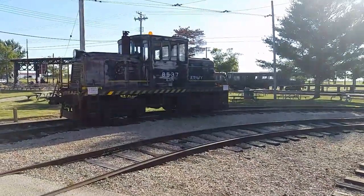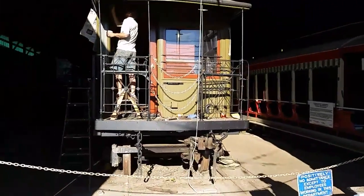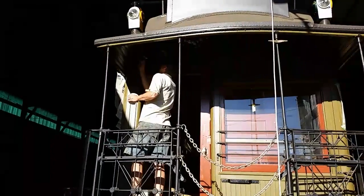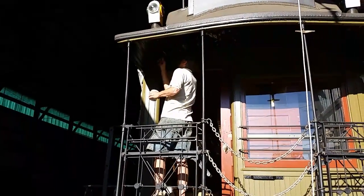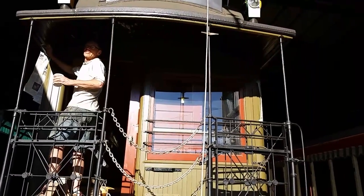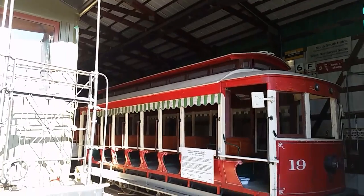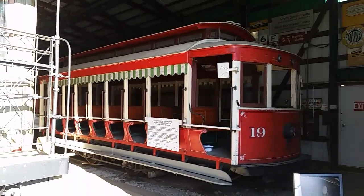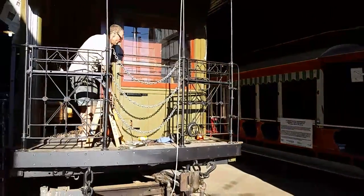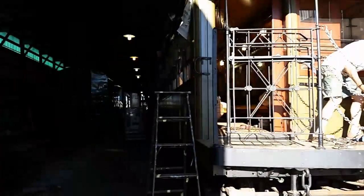Here's the latest restoration in the electric car department, and this is Tim Peters. He's the fellow who's restoring this car. This is the Northwestern Elevated Railroad number 24, and this car was built in 1898. This is an L car. This car actually ran on the elevated structures in Chicago, and was built in 1898 by the Pullman Company there on the south side of Chicago. It has open gates. It's an open car, and the interior is all restored. So it'll be about another year, say at the most, and this car will actually be in service